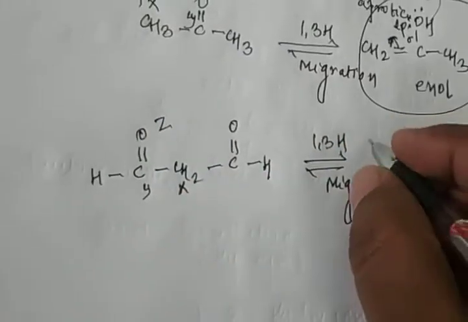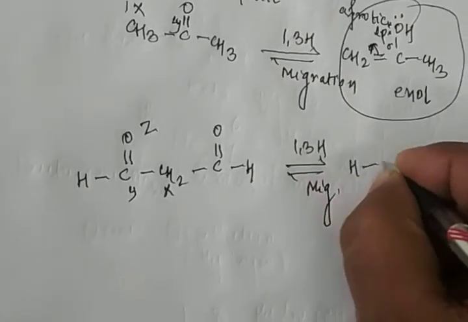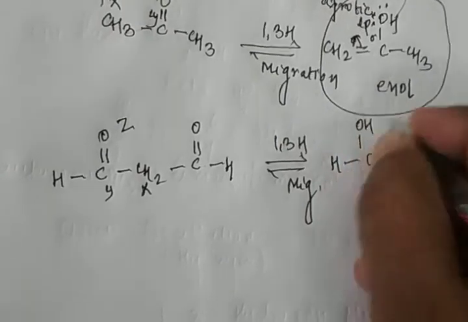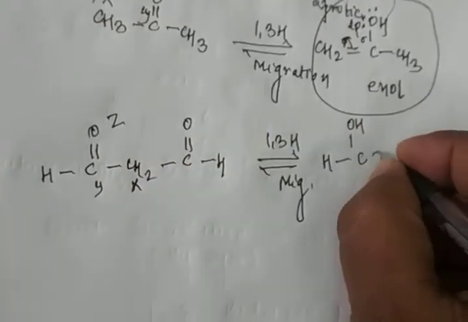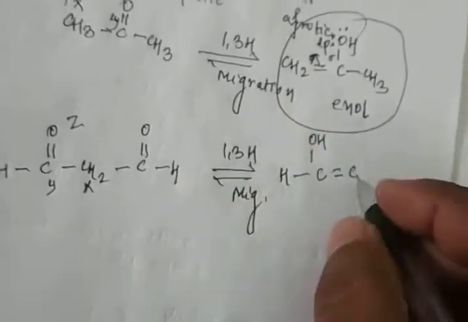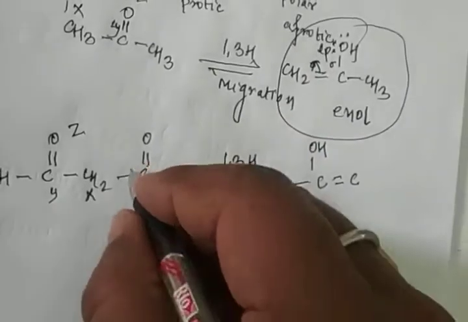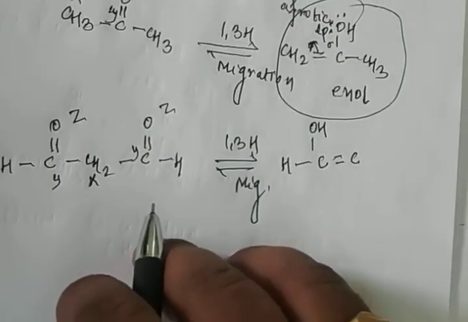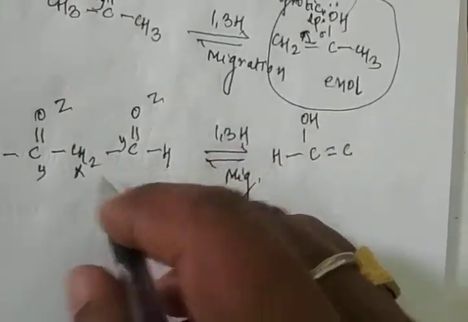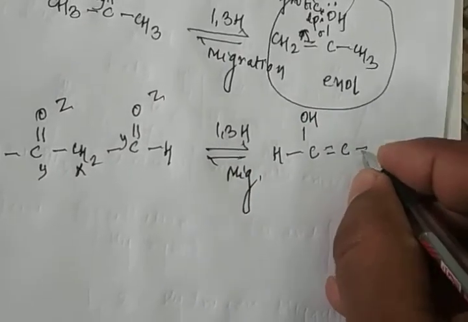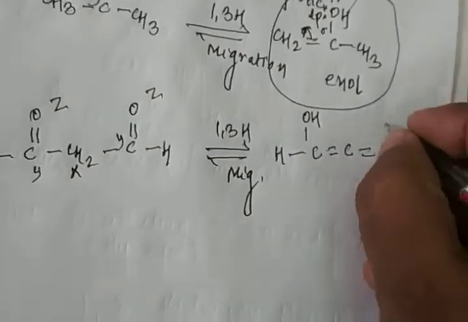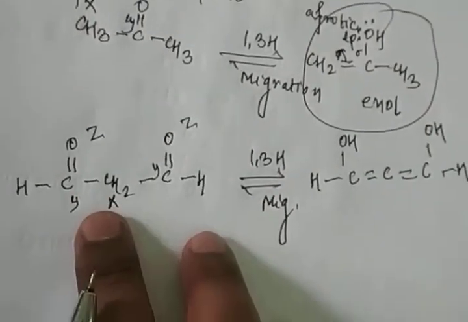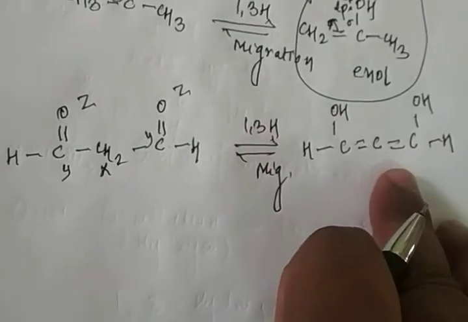But first you check H, C, and this hydrogen shifts to that side. It means there is an OH group, and this double bond shifts to that side. There is a C. Again shifting on that side, Y and Z. Clear? Y and Z, 100%. So now shift to that side, there is a double bond. Again there is a double bond C, single bond OH, and single bond H. Now, is this compound more stable or is that compound more stable?